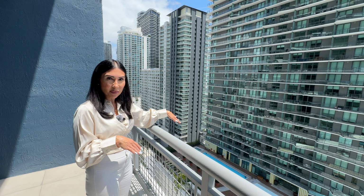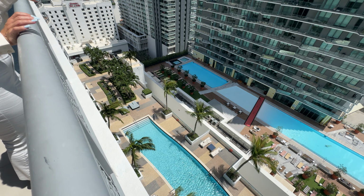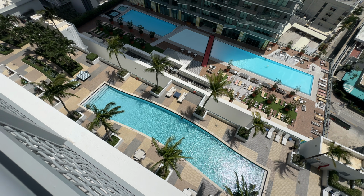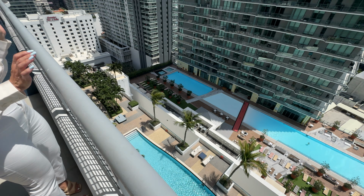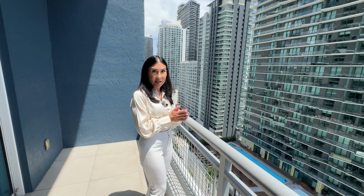There's a DJ at the pool deck as well. You can see how much fun that pool is. They have some great amenities. And you can see right below us, this is the pool deck for Infinity. So this is going to be my client's pool, or she can make friends with her neighbors and, of course, head over there. But right over here we have some really exciting new pre-construction projects that are going on that